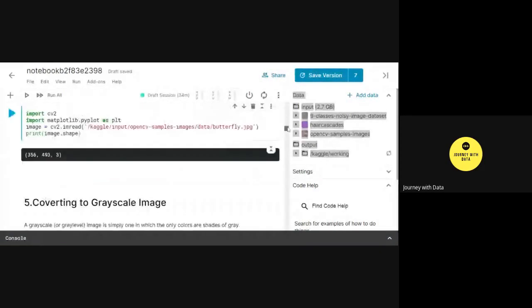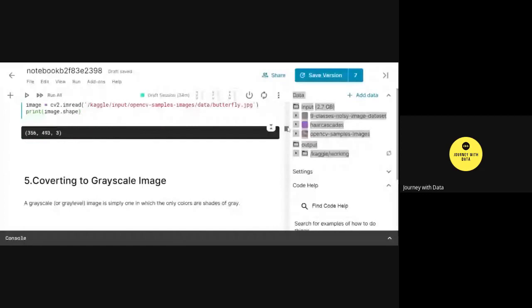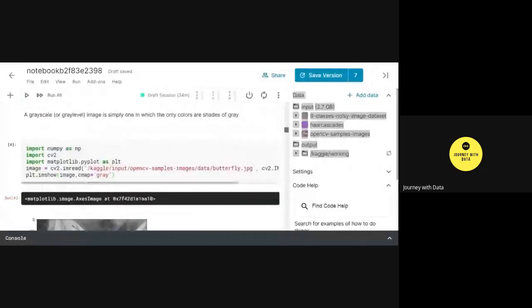Now, how do we convert an image to a grayscale image? A grayscale image has its colors in the form of gray shades. To convert a colored image to a grayscale image, there are two methods. Up till now I was using the butterfly image, which was a colored image. Now I'll convert it into a grayscale image.